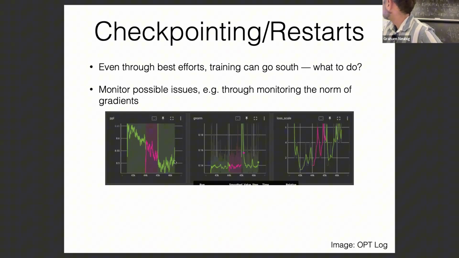And often you will see something like this. Perplexity, as we talked about before, is kind of like language modeling performance. And it will be going down. And then suddenly you have a spike, and then it continues to go down and train kind of okay. But then suddenly it gets a lot worse. You can also see the norm of the gradient, and the norm of the gradient spikes. And then after the norm of the gradient has spiked,